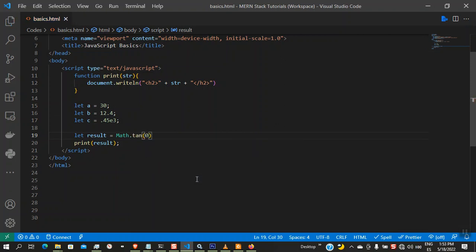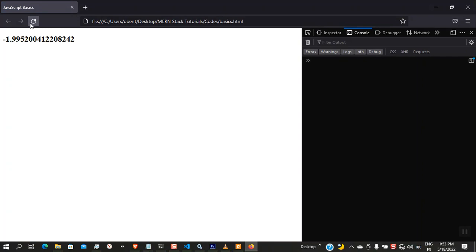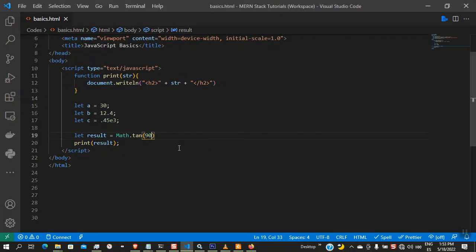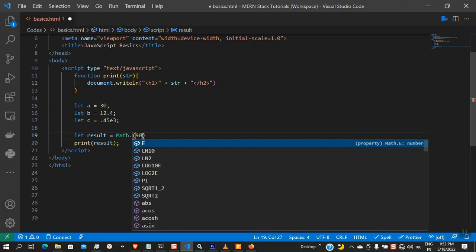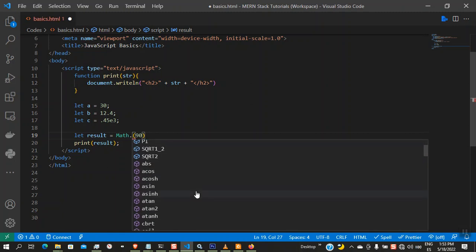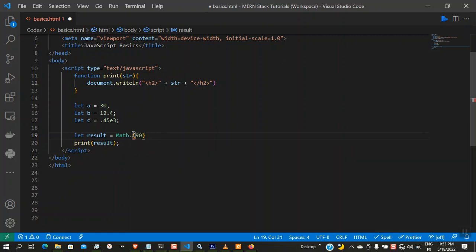I think we have tan 90. I don't know whether it's infinity or something like that. Alright, so that's what we get. So for Math, you have all those acos and atan and all those trig functions. You see acos, acosh, asin, all those are here. So for those who want to do some mathematics with JavaScript,